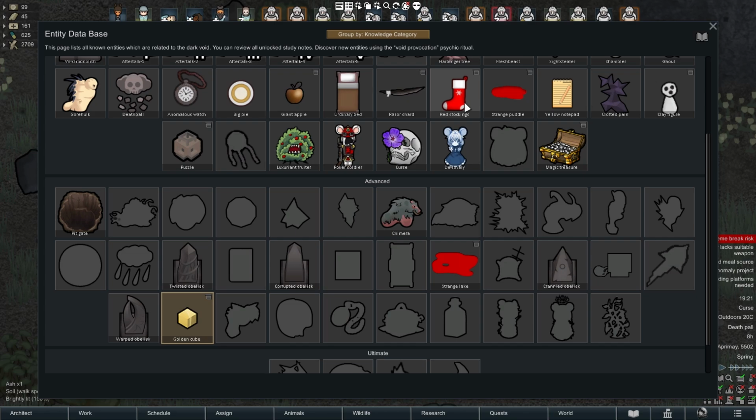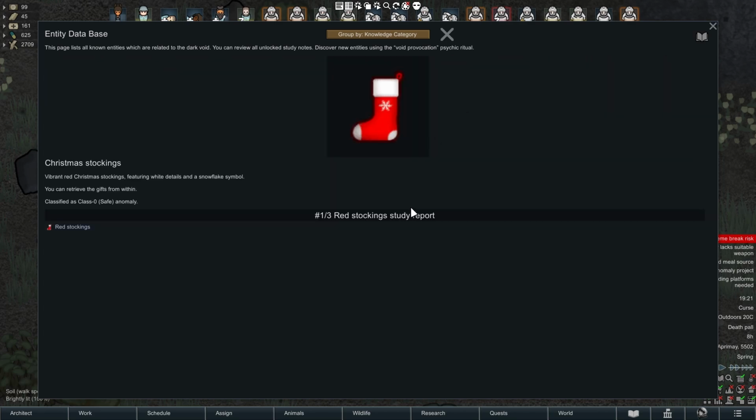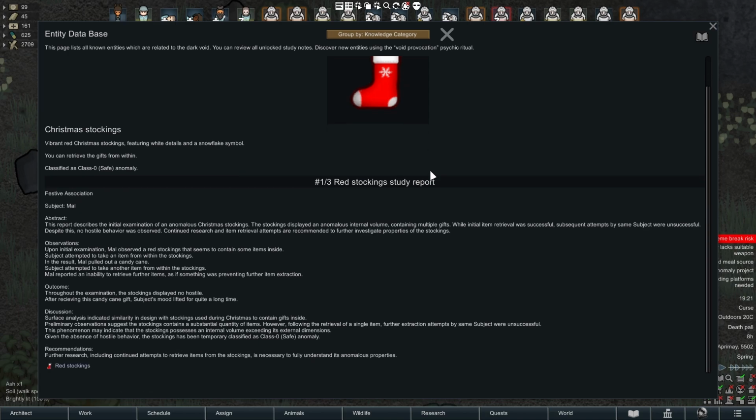Now let's look at our anomaly. As you can see, its label and description currently are red stockings. But after some study, its label and description will change. And as you can see, its study note is quite big, so it's really easy to read, instead of using the study tab, which is very small. Additionally, for most anomalies from Anomalies Expected mode, all study notes will be synchronized if you get a duplicate of the item, so you no longer need to study it again to get the study notes, which means you can use it or destroy it earlier.